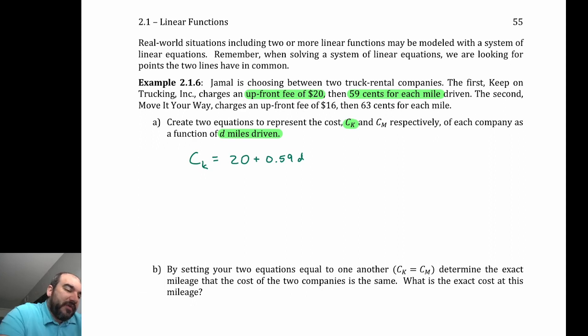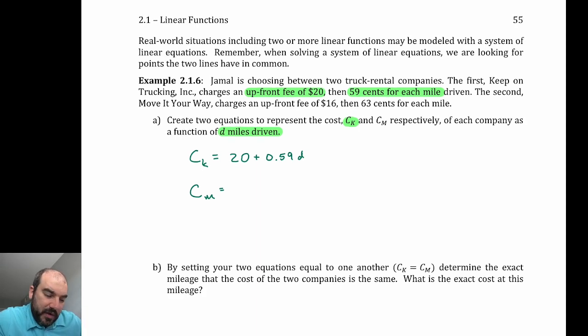The reason why we do 0.59 is because it's 59 cents, right? Because the number 20 was in dollars, so this also needs to be in dollars so that we get a dollar amount for our cost. And the 0.59 is multiplied by D because the 0.59 is a rate, which is for each mile. So we have to multiply the 0.59, which is the rate, times the number of miles driven. This will give us how much they're charging total for the number of miles driven, plus the $20 upfront fee. So that'll be that equation, and then you guys can write an equation for the other company,